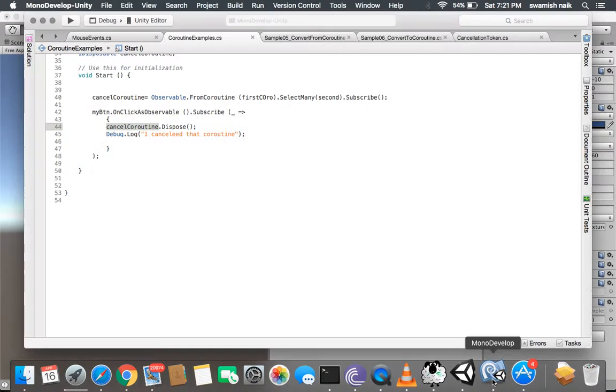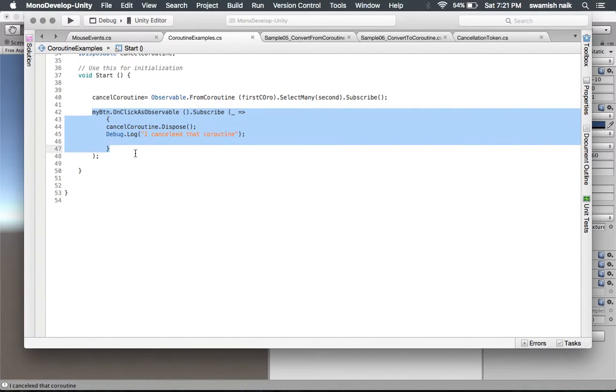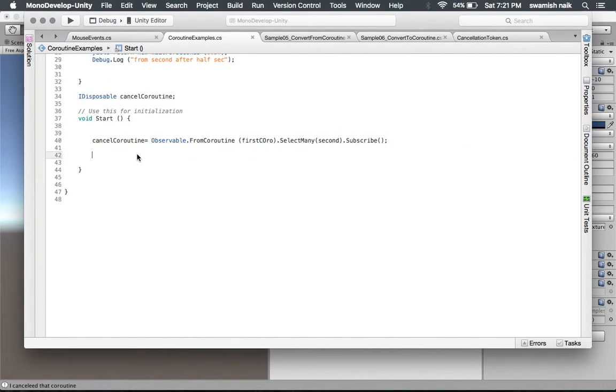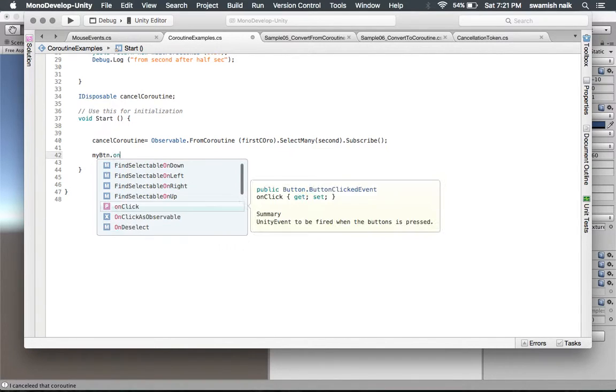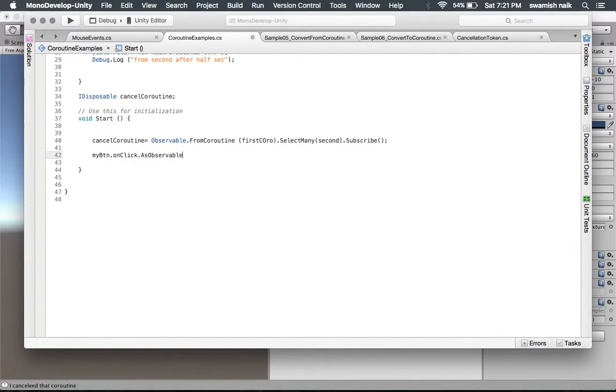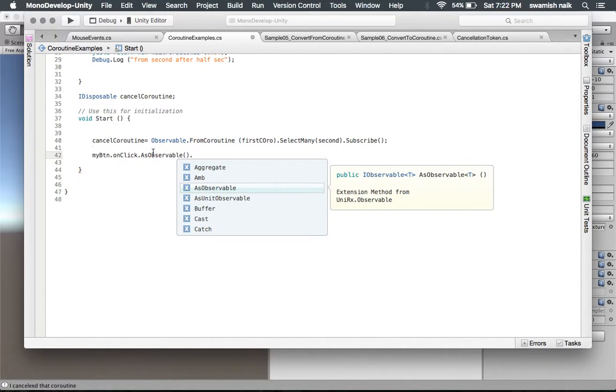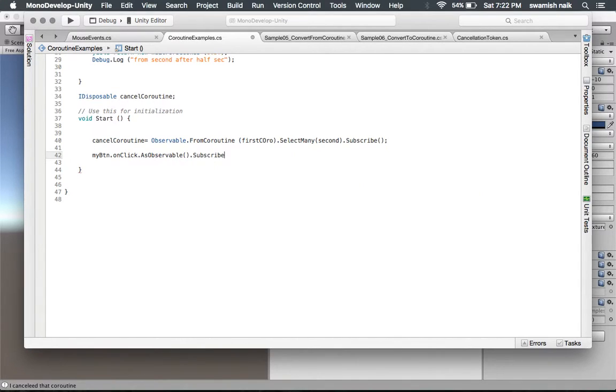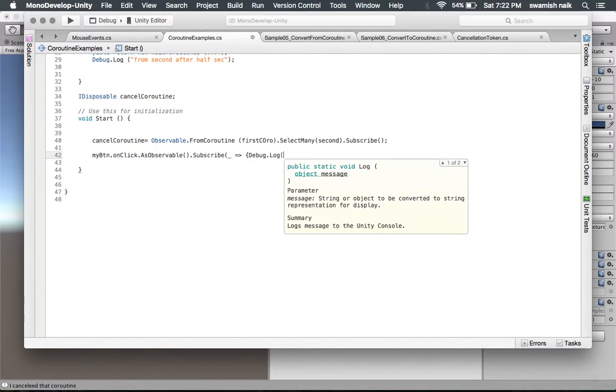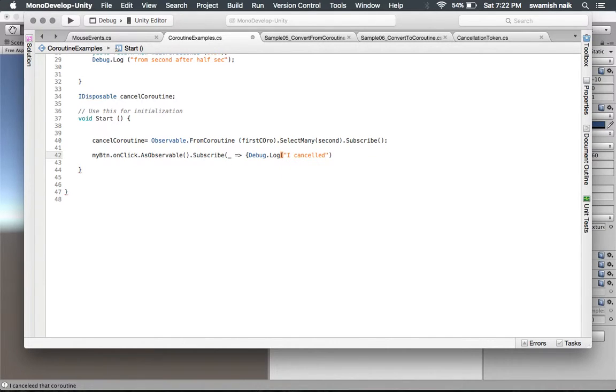There is also another way to subscribe to this button's on click, that is my button dot OnClickAsObservable. It will convert itself to an observable and we want to subscribe now to it. So Debug.Log I cancel, coroutine dot Dispose.